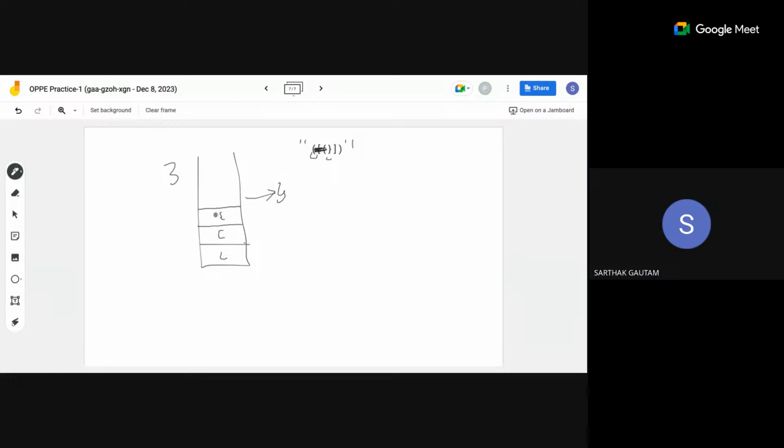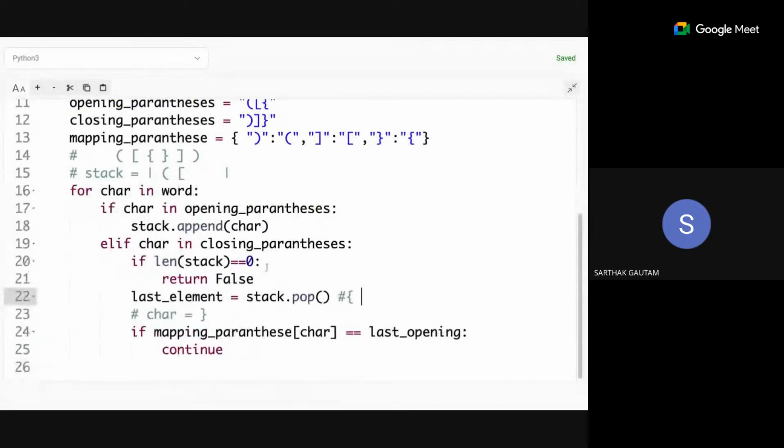So we took this bracket before line number 23, and we said this thing is there. And if these things are matched, that means it is a corresponding opening bracket for this closing bracket. We continue. We don't remove anything or something like that. But